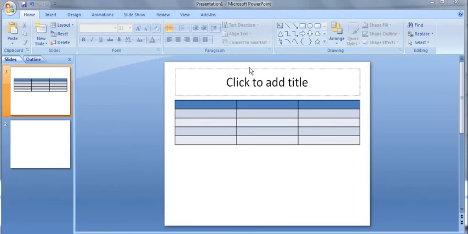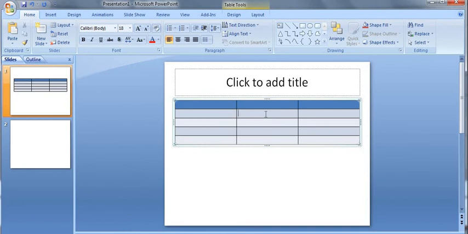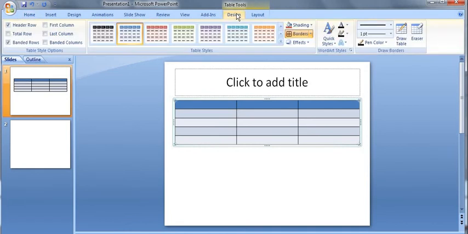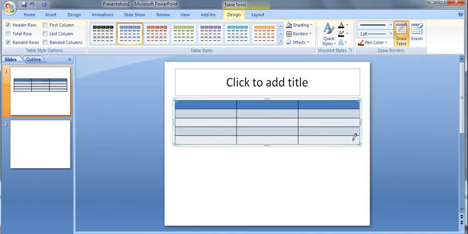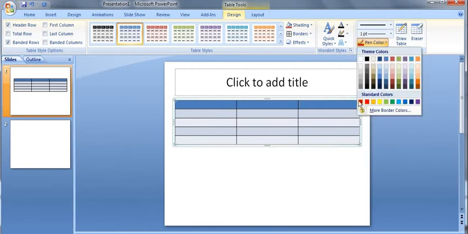Now to change the color of this border, suppose first I select this table, and then I go to the Design tab, and here you can see Pen Color, I will choose. Suppose I choose this dark red. Now after selecting it, I am taking this pen color that I have taken, this red, and it will be changed, right?